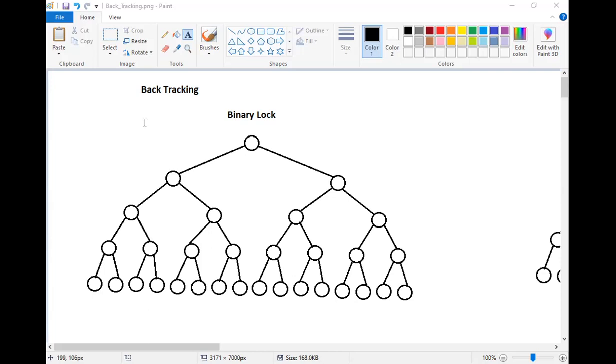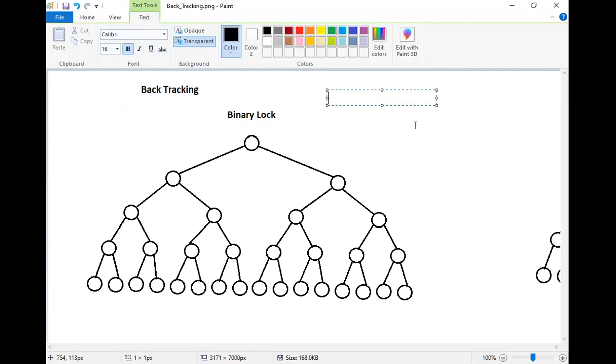Now, let us try to understand this with respect to a lock. We know a lock means to secure something, right? We can have some kind of a binary lock. Binary lock means, assume that there are 4 bits used, and the lock works if the bits have these values, say 1 0 1 0. If the bits have this particular pattern, 1 0 1 0, then the lock will get unlocked, and it will allow us to enter inside.